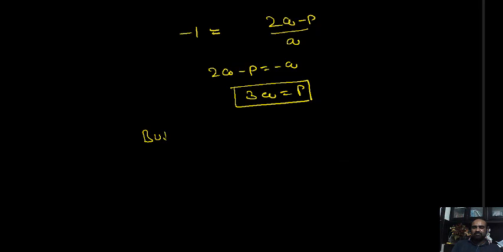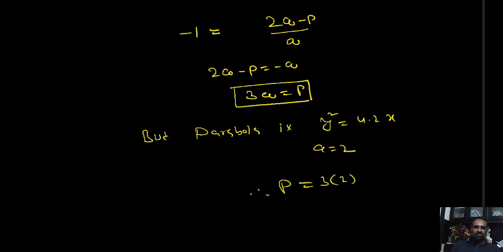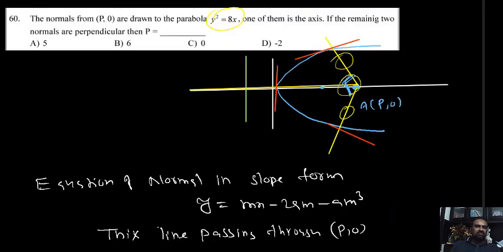Our parabola is y square equal to 8x, means 4 into 2 into x. So a equal to 2. Therefore our p equal to 3 into 2, that is equal to 6. The required p value equal to 6. I hope you people understood this. I can go with option